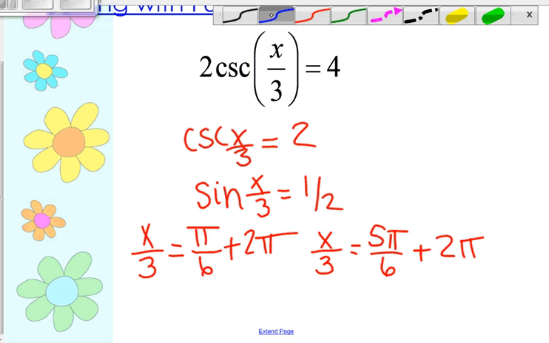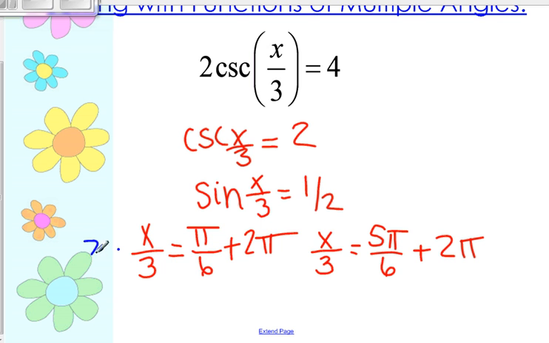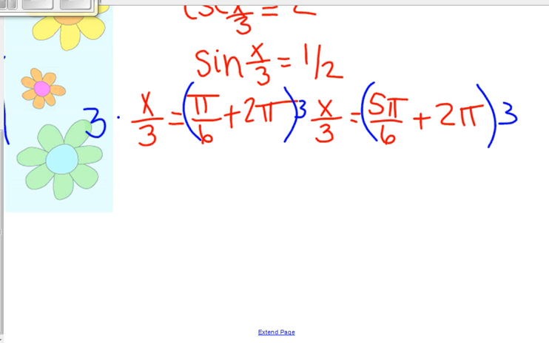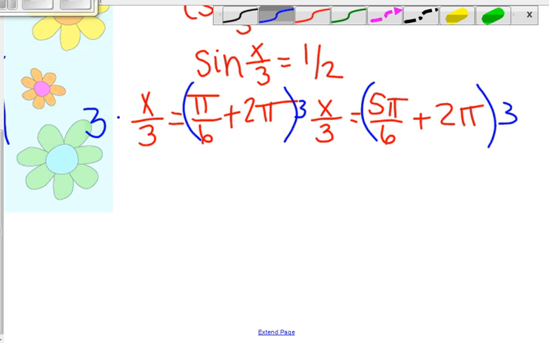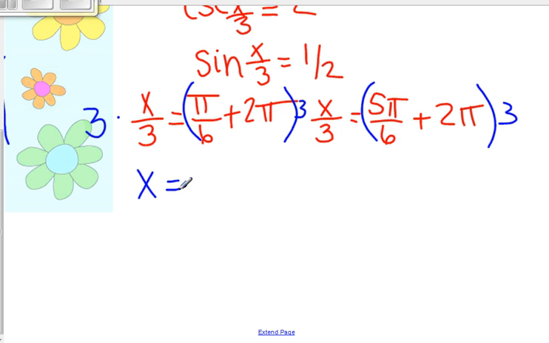Now, to get rid of a fraction, we'd multiply both sides by 3. Okay, so for our first group there, we would have gotten x to equal 3 pi over 6, which is just pi over 2,